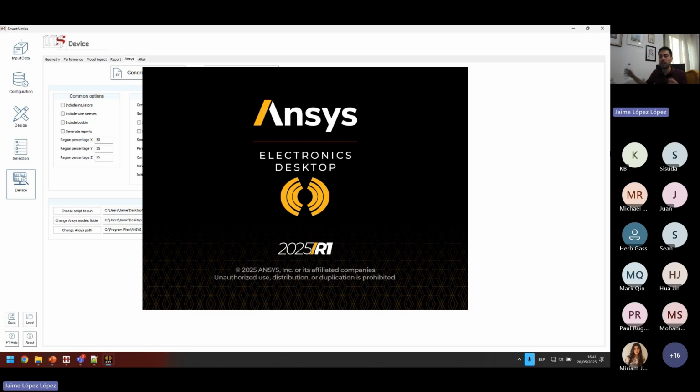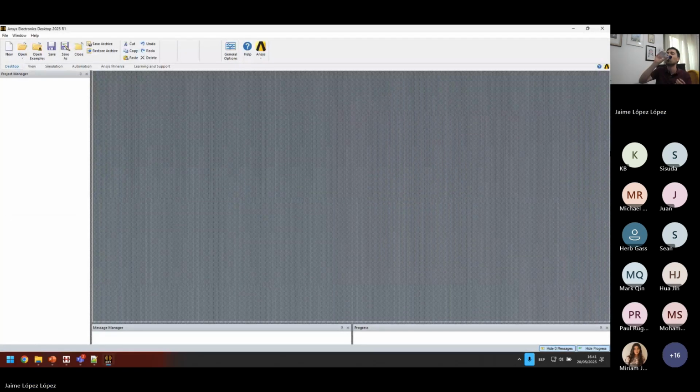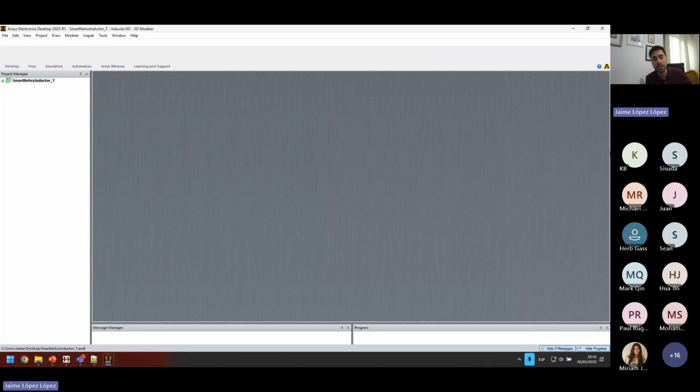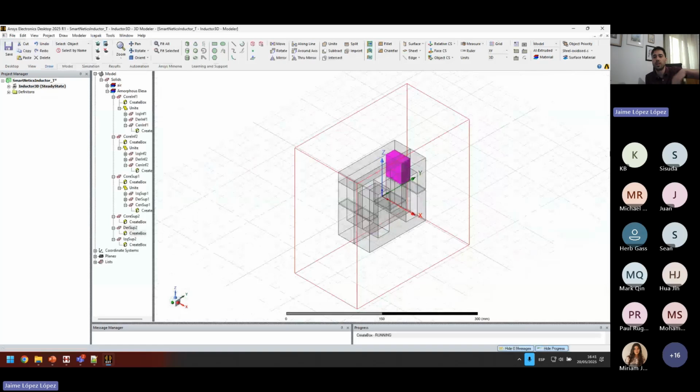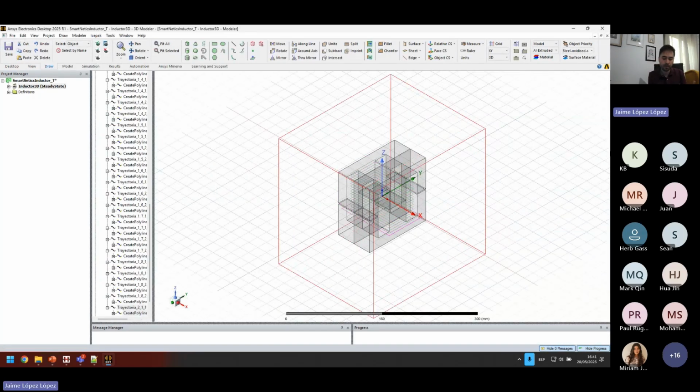So what it does now is it opens ANSYS, it creates a new project, and it starts mapping everything that you have seen in our tool to ANSYS. It automatically generates the core, it's now generating the windings.